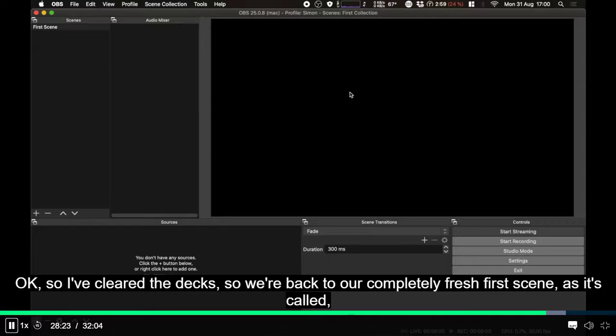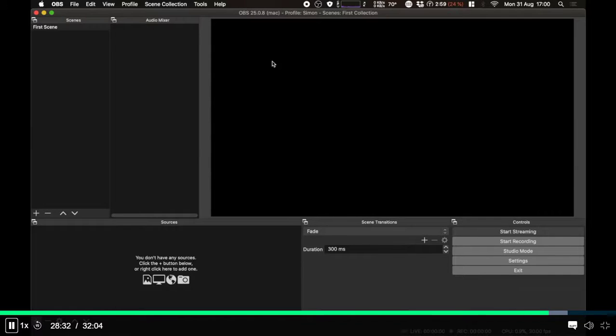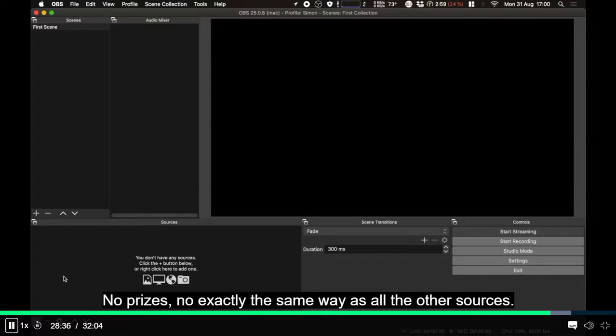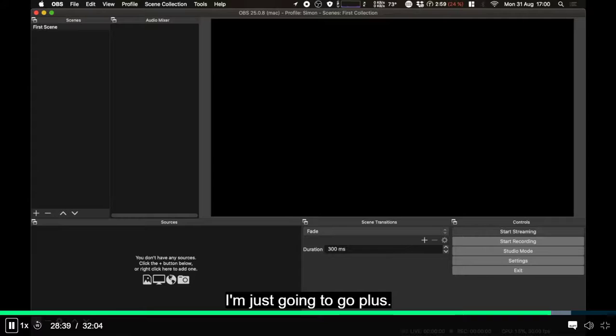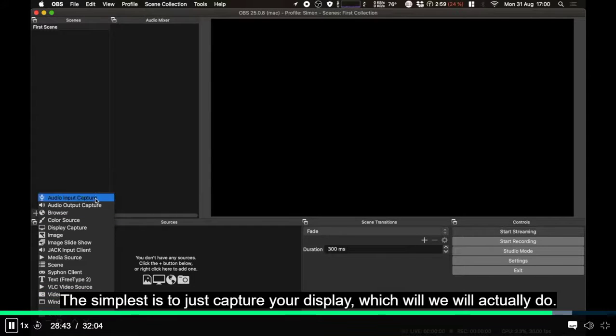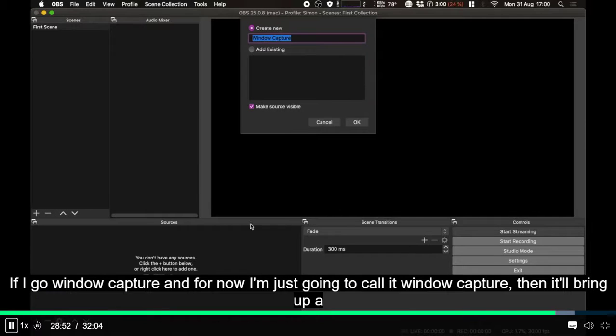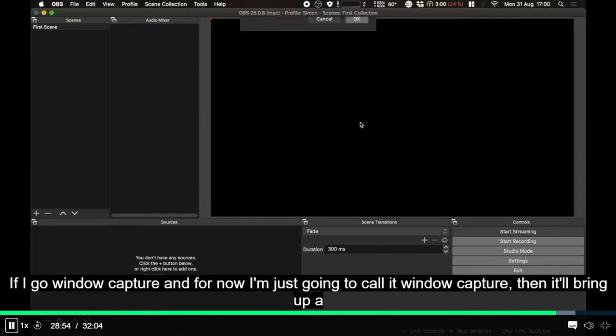Okay, so I've cleared the decks, so we're back to our completely fresh first scene, as it's called, and now we're just going to add a screen sharing source. So this works, no prizes, exactly the same way as all the other sources. I'm just going to go plus, but we do have a couple of options. The simplest is to just capture your display, which we will actually do, but I just wanted to show this other one as well. If I go window capture, for now I'm just going to call it window capture, then